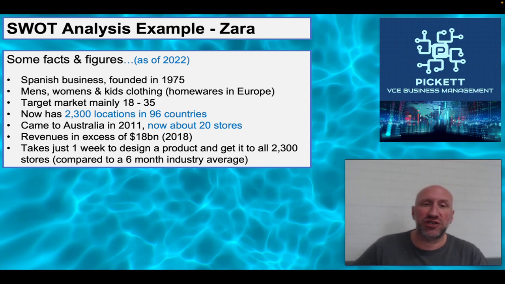2,300 locations in 96 countries. So that gives you some idea of the scope. This is a huge, huge business. Came to Australia in 2011, and now they operate in 2022 around 20 stores. Revenues in excess of $18 billion as of about